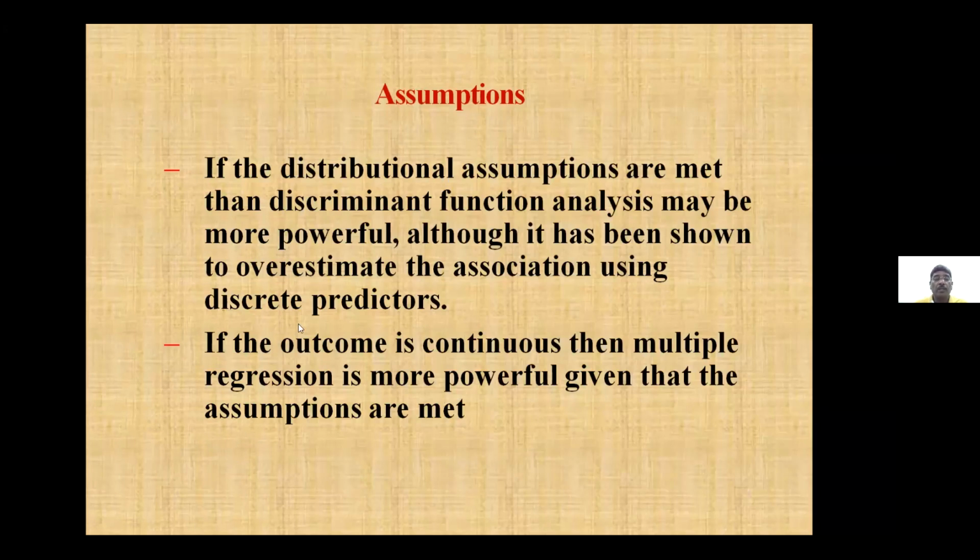So in the discriminant analysis, the requirement of observation or sample size should be more. This is a very complicated procedure. The interpretation is not very good. It is very complicated, so we need some more advanced techniques. If the outcome is continuous, then multiple regression is more powerful, given that the assumptions are met. If not, we need some other